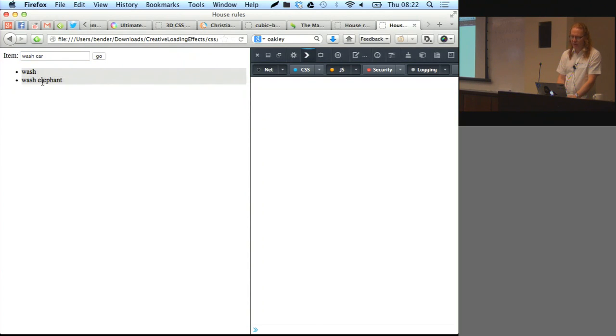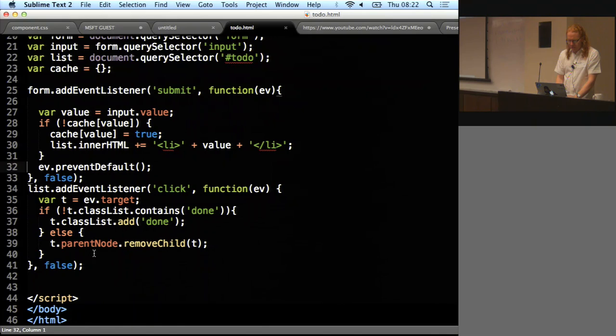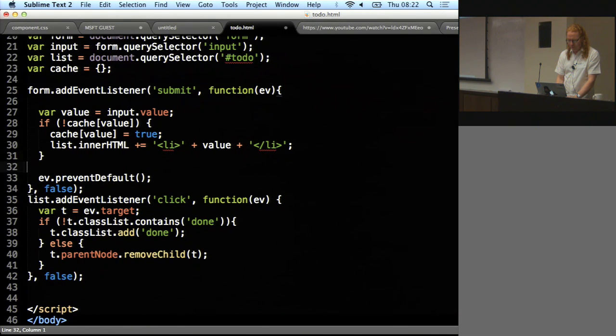Now, the problem is, every time I reload this, I don't have my content any longer. What do we do with the content? So, simplest way, local storage. So what we can say is, every time I send it down here, I can say this worked. So I can say local storage, my to-do,